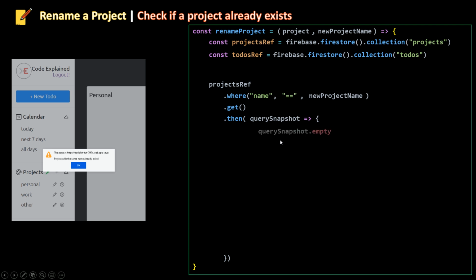I'm just gonna check if the query snapshot is empty. That means I don't have a project there with the new project name. So I'm just gonna go and update my project. But if it's not empty, if my query snapshot is not empty, I'm just gonna alert project with the same